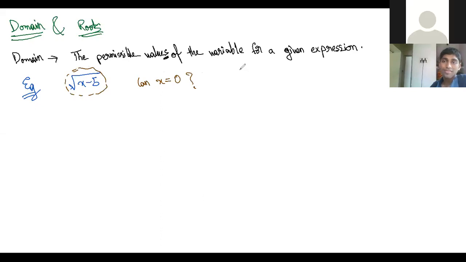Sir, because then the expression will result in root over of minus 5, which will not be a real number. It's not imaginary, it's not a real number. We have real numbers. X can be 9, it can be many things. But then what is the policy? The policy is whatever is inside.